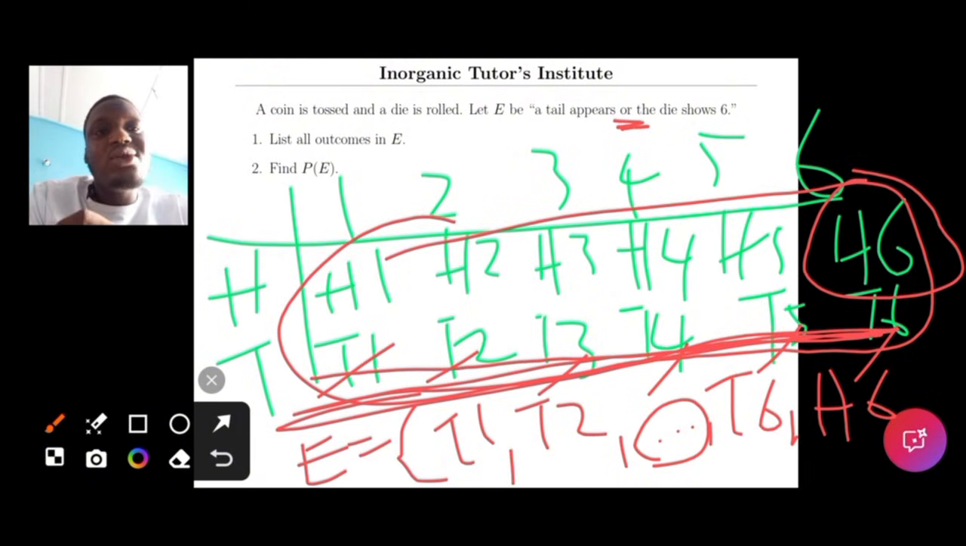This is because H6 also contains a 6. A tail appears or the die shows a 6. So aside from a tail appearing, once the die shows a 6, we don't really care about what the coin is saying, whether the coin is head or tail or whatever, we don't care. Once the die shows 6, E has occurred. So the correct